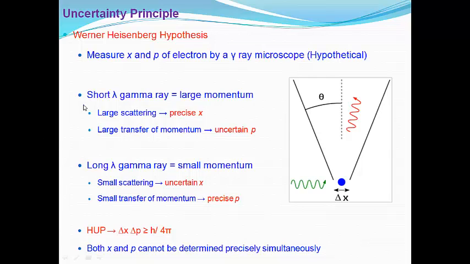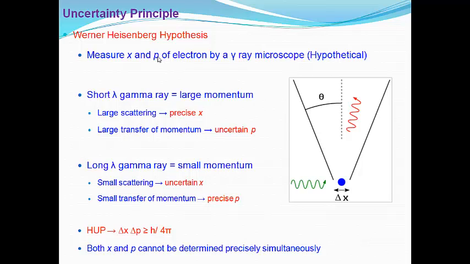Now, so the uncertainty principle was, as I said, proposed by Werner Heisenberg, and he basically summed up his proposal in this hypothetical experiment here, where he wants to measure the position x and the momentum p of an electron by a gamma ray microscope. And the reason why he's using a gamma ray microscope is because